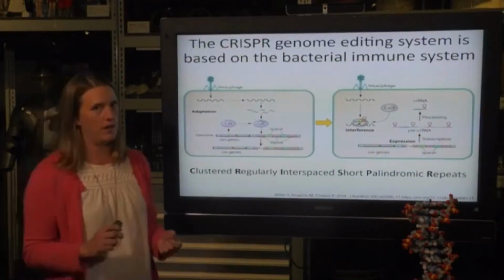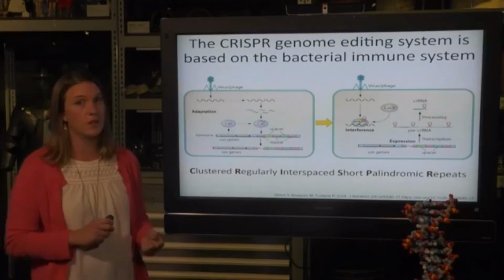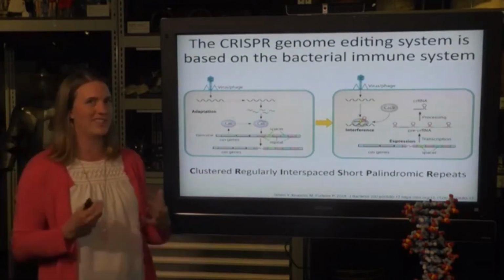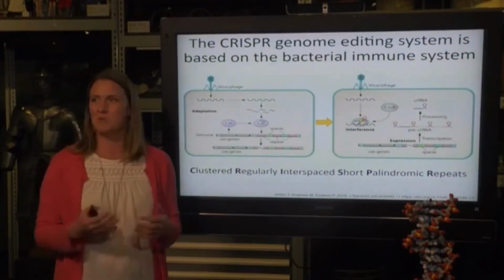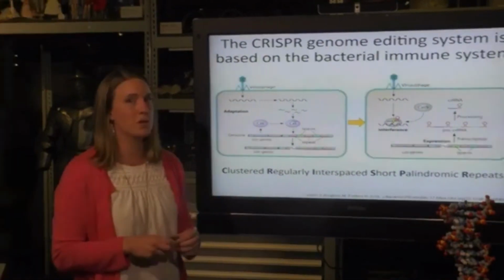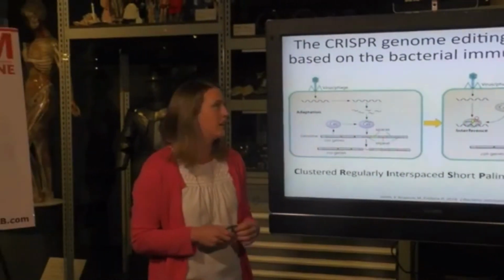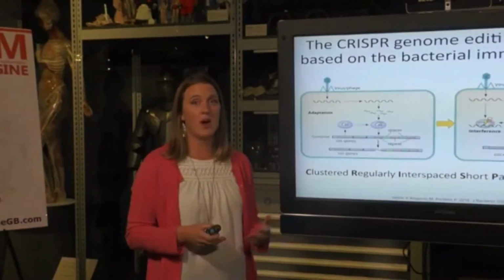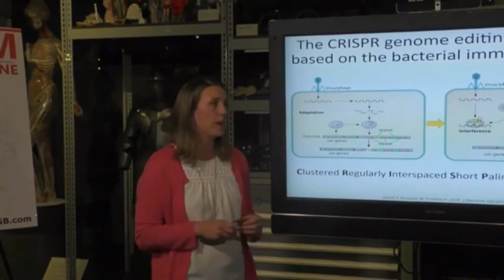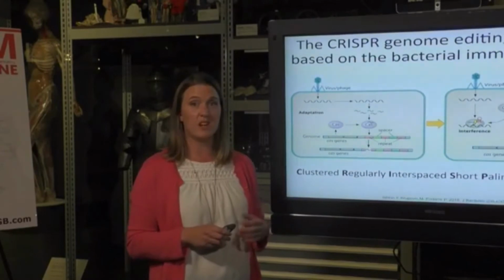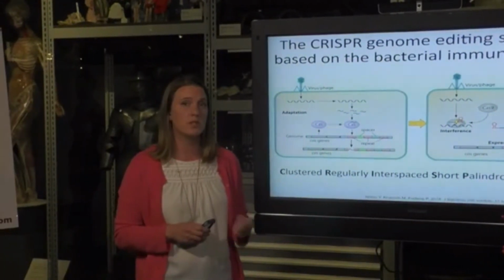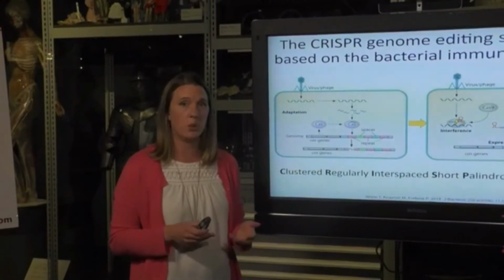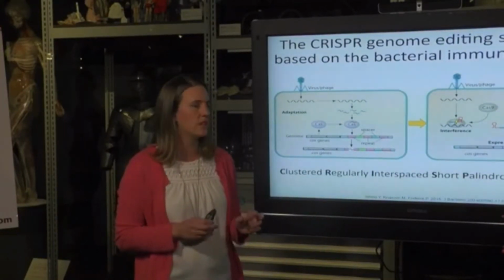Before I tell you how CRISPR works, I want to give you a little bit of history about how they discovered that they could make this technology. CRISPR is actually based on an intrinsic property of bacteria. Back in around 86 or 87, a paper was published where the researchers were studying the sequence of a bacterial genome, and they noticed something kind of interesting.